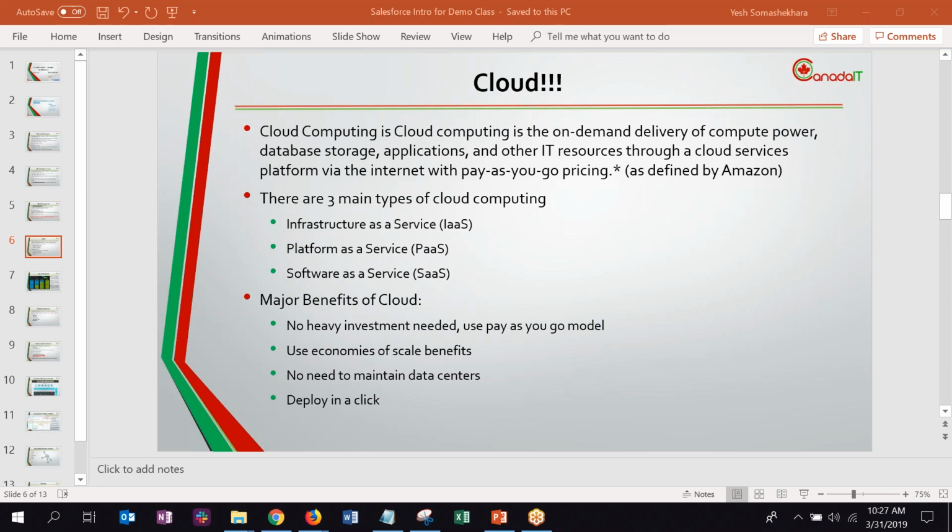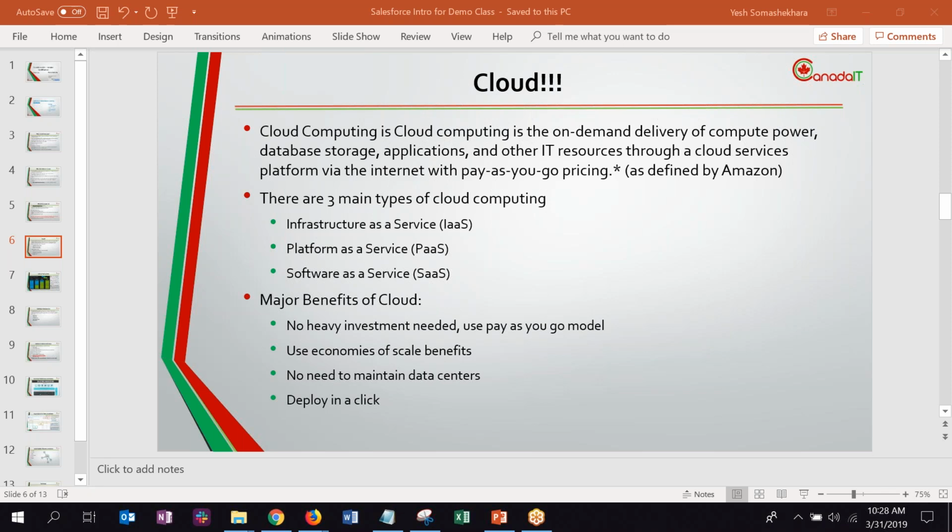So what are the major benefits of cloud? Why is it becoming a big thing? One of the main things is internet. We should not forget internet now is so much faster than what we remember. I don't know how old people are on the line, but for me, dial-up was where it started. I still remember trying to download a movie. It used to take days. Now you can watch on Netflix live, instant. So that's the speed of the internet.